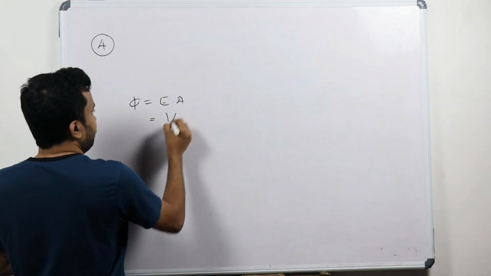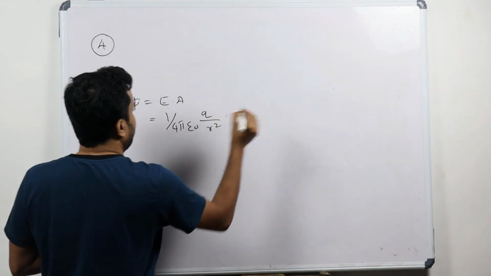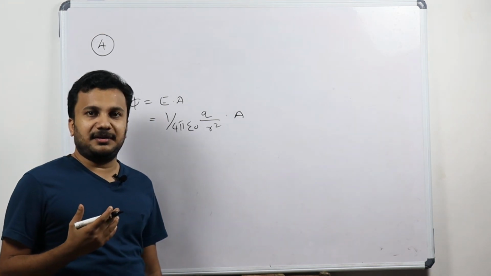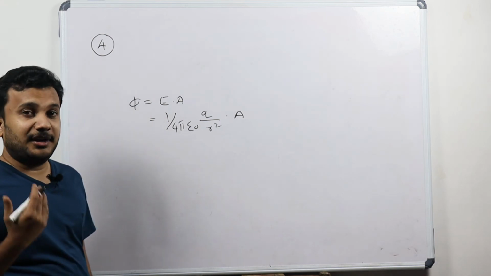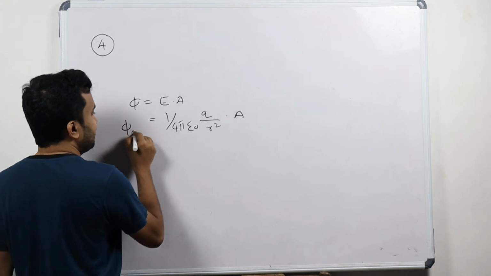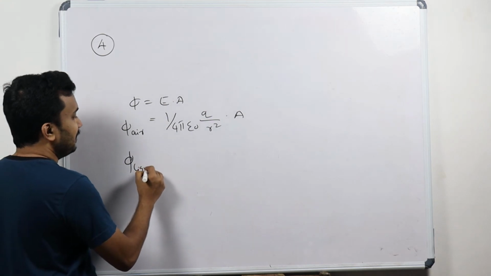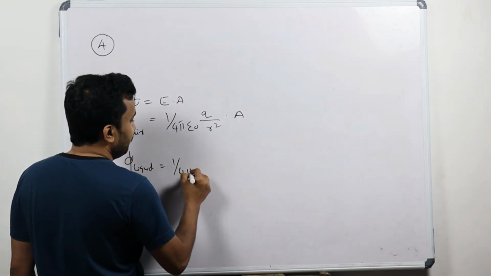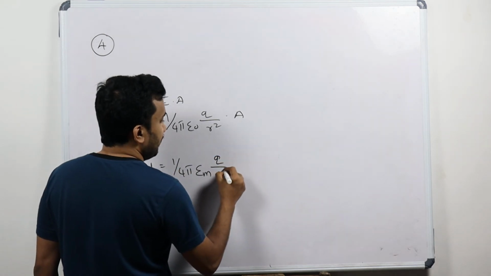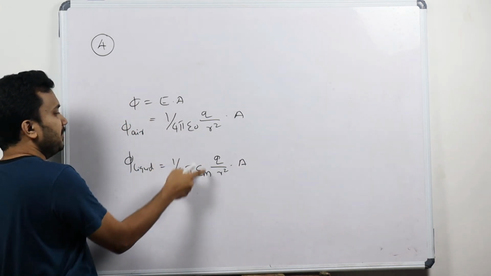What is the general equation of electric field? 1 by 4 pi epsilon 0 Q by R square, into area. Epsilon 0, I have told you, is the permittivity, and relative permittivity of a medium I explained while taking Coulomb's law, right? So this is for an air medium. That is the flux in air. Now the system is immersed in some liquid. So flux in a liquid medium is equal to 1 by 4 pi epsilon m, permittivity of the medium, Q by R square into A. All other factors are not changing. When the medium is changed, this will change.